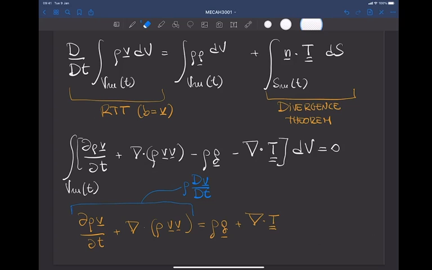It's actually pretty easy to do. This is the equation that we will work on, and it is also known as the Cauchy equation,